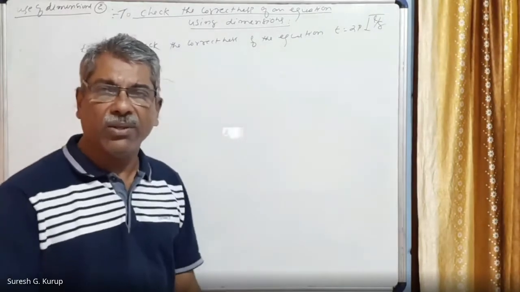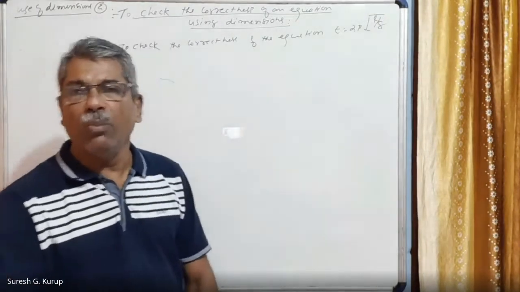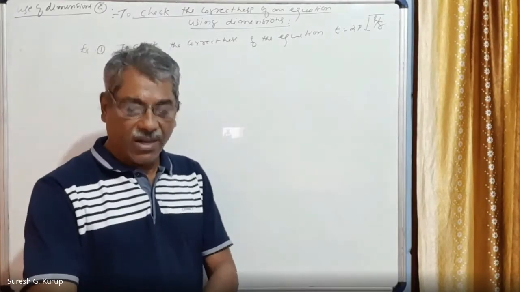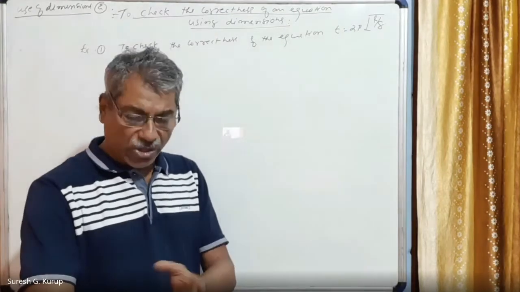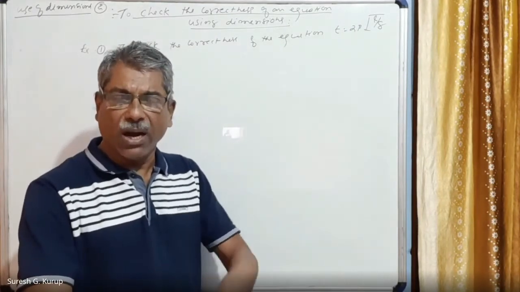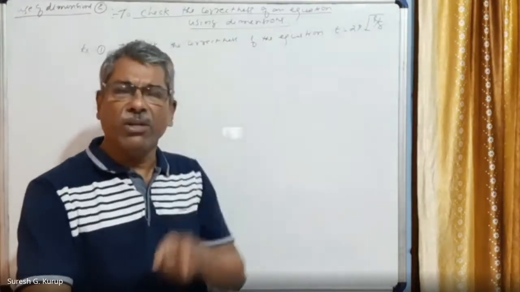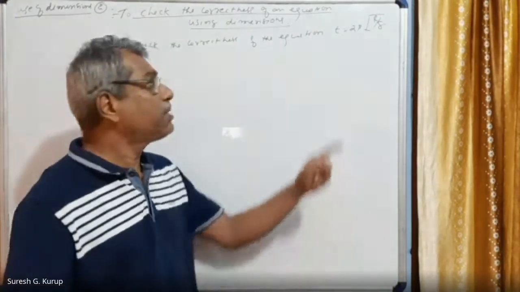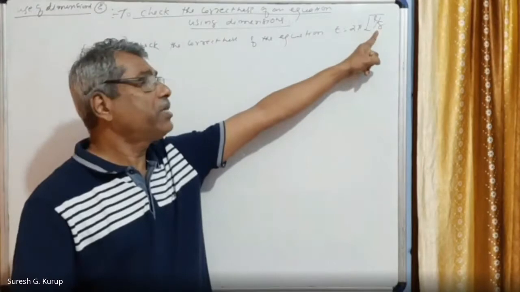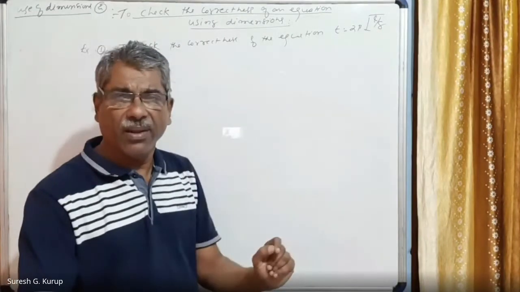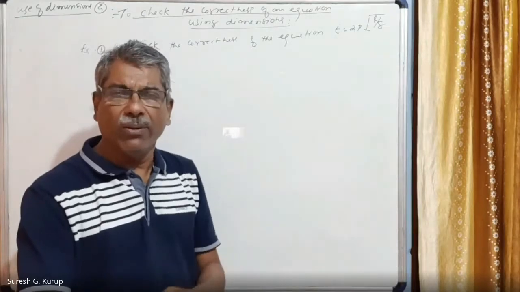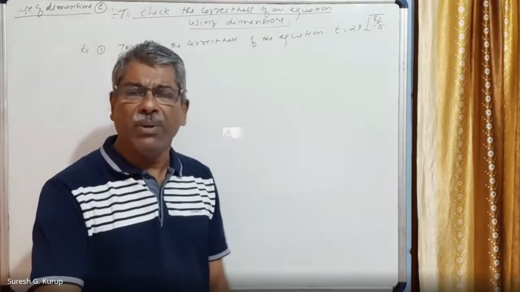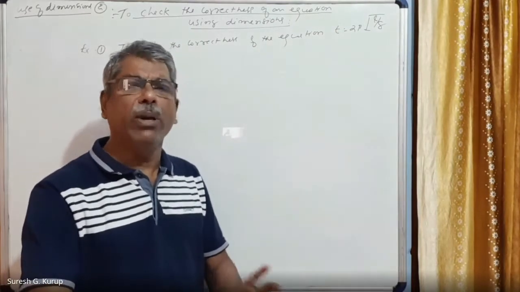Simple pendulum, everybody knows. You might have seen pendulum clocks oscillating to and fro, right? The bob means the hanging object, that round object. The bob is hanging from a rigid support with the help of a long strip of metal. This strip has a length L, and g is the acceleration due to gravity. As a simple pendulum oscillates to and fro, its oscillations have the same time period. This is called simple harmonic oscillation.